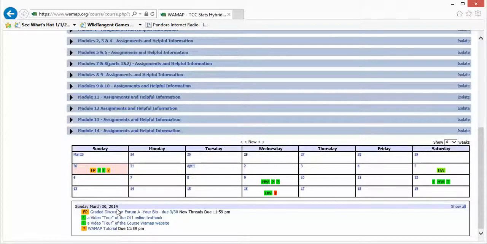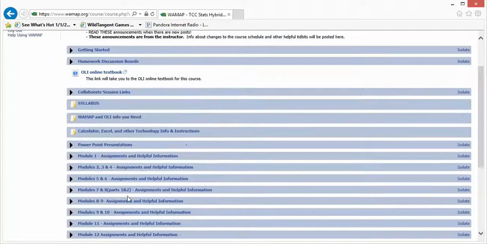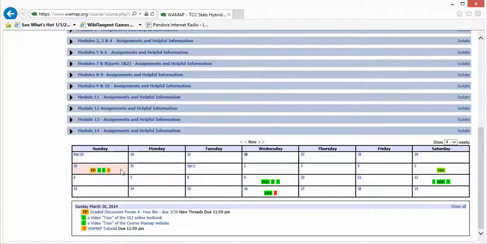These will take you directly into the homework. So there's a couple ways to access the homework. You can access them up here where I have them grouped, but you can also access them here. Do not use the calendar as a gauge of what day you need to work on homework. This is simply a calendar of what's coming due. So being that these are coming due on Sunday, I don't want to wait till Sunday to start working on them. I want to start working on them throughout the week.